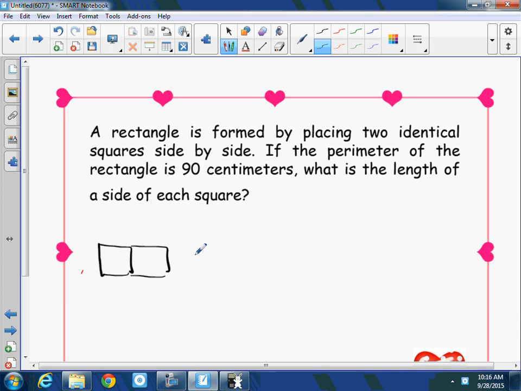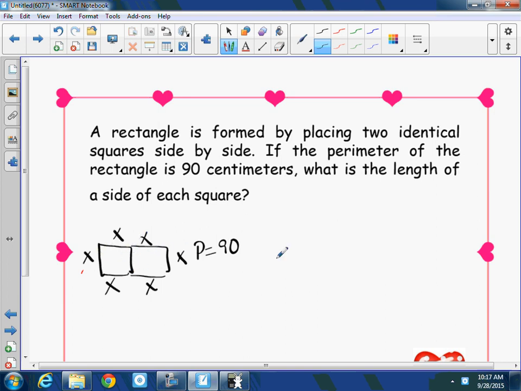It tells you the perimeter equals something, and asks what is the length of each side of the square. You don't know the sides, but you do know that they're x's. Now the perimeter does not include this side over here because the two squares are placed together, so we